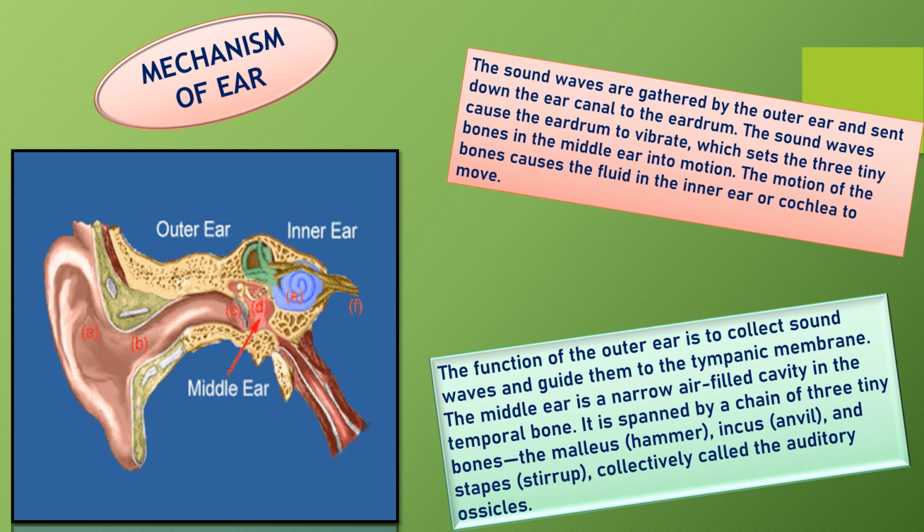which transmits the amplified pressure variations received from the sound wave to the inner ear. In the inner ear, the pressure vibrations are turned into electrical signals by the cochlea. These electrical signals are transmitted to the brain through the auditory nerve, and the brain interprets the electrical signal as sound again. So this is the total mechanism of how the ear works.